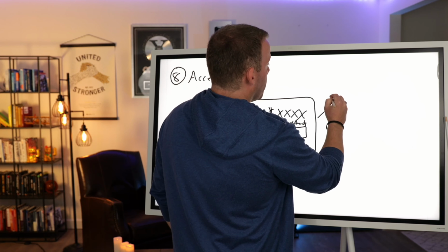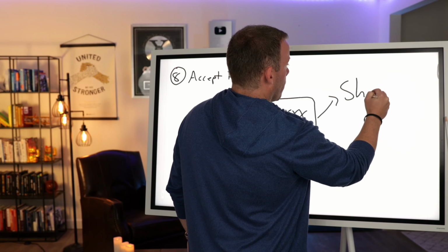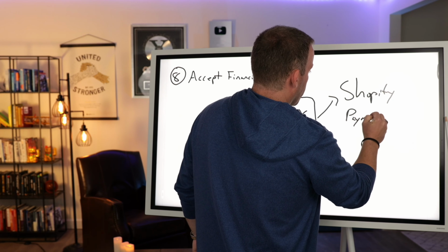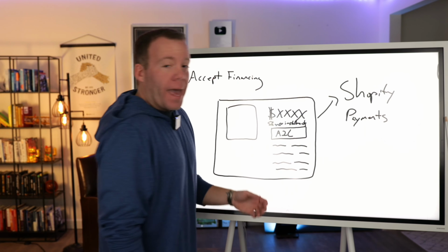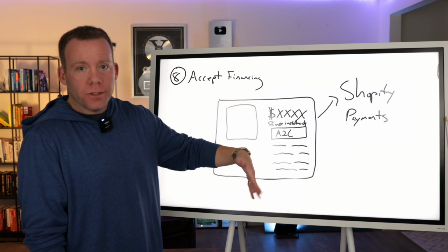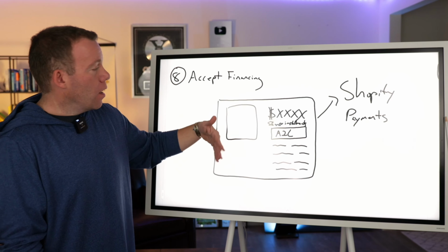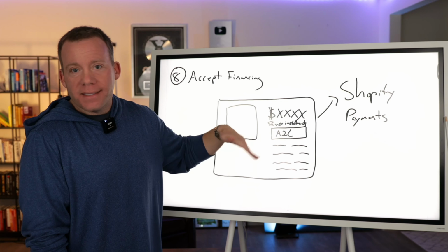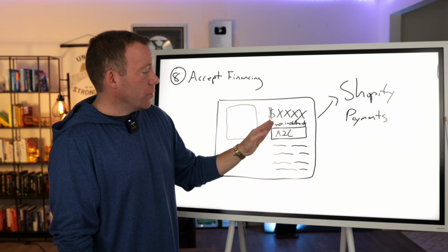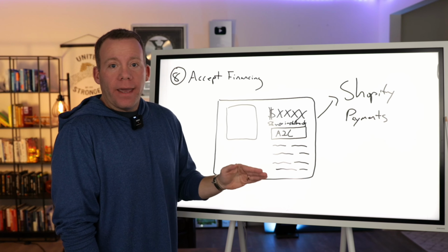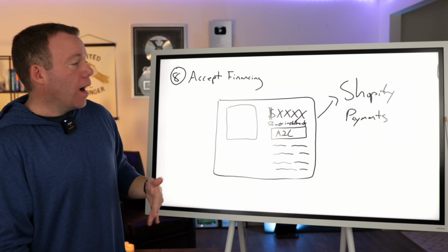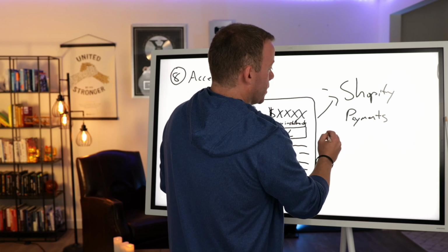And if you are running a Shopify store and your merchant account is set up through Shopify Payments, guess what? You can use Shop Pay Installments. What the customer will see when they go to your store is this product costs, whatever it is, $1,100, or payments as low as X for X amount of time, right? Now, the way this works is when the customer goes to the checkout, they will get financing through, in this case, Shopify Payments.